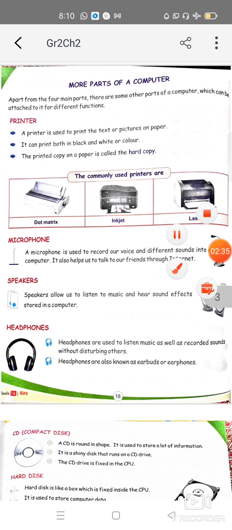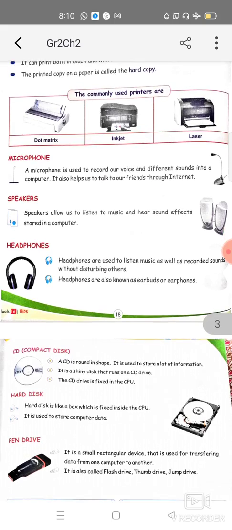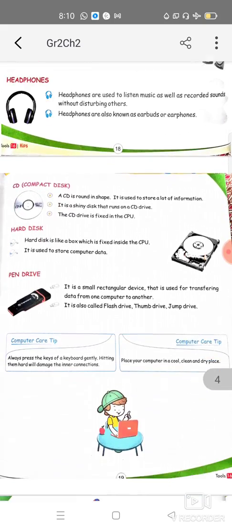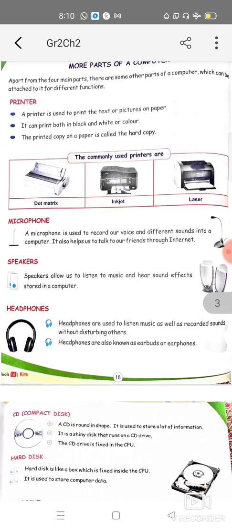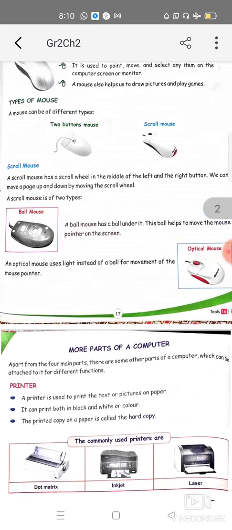These are not essential parts, but for different things these parts are required, like printer, microphone, speaker, headphone, CD, hard disk, pen drive. About all these parts we will discuss later.